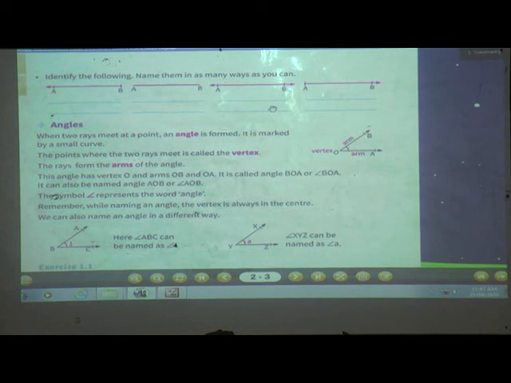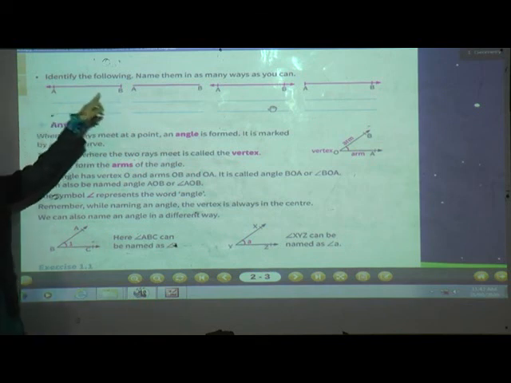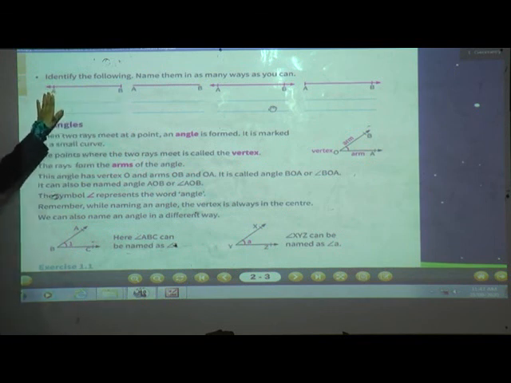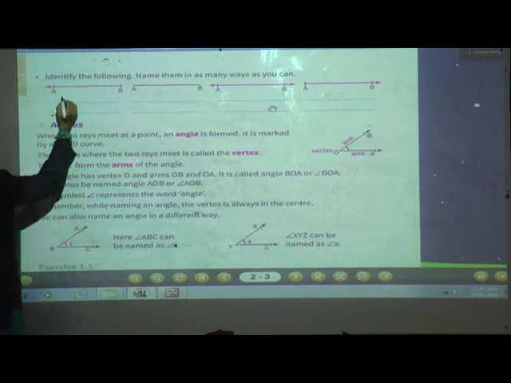On that basis, you have to give me the answers. What is this? Here is one beginning point and no end point. So what is this, students? Yes, this is a ray